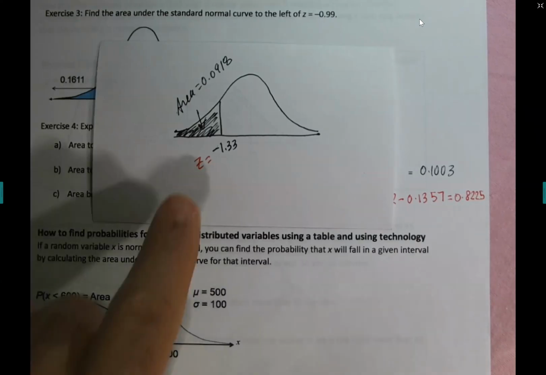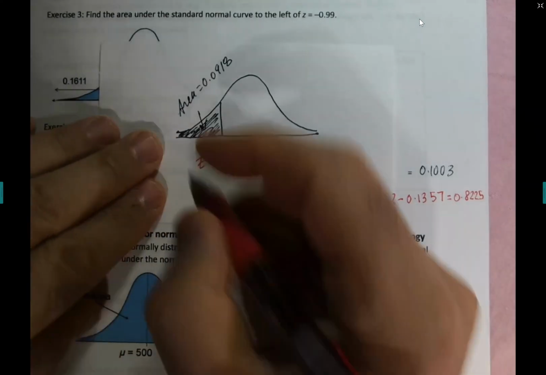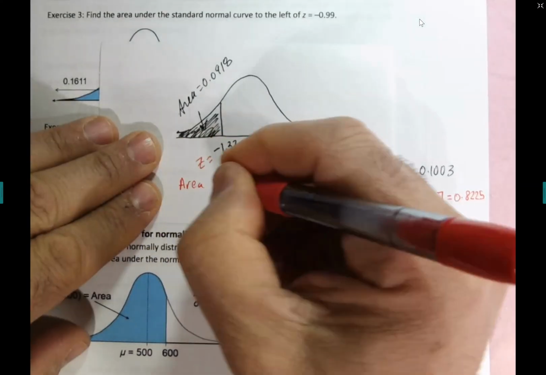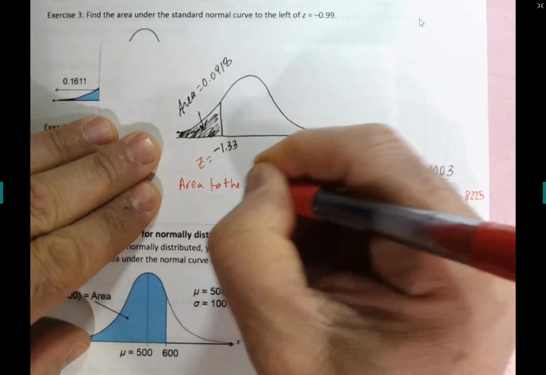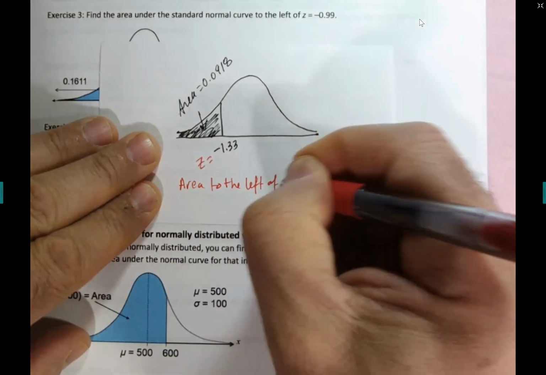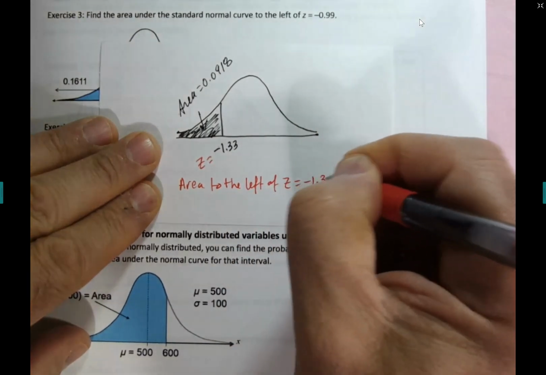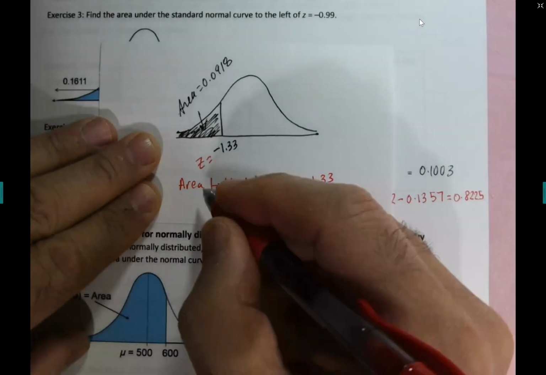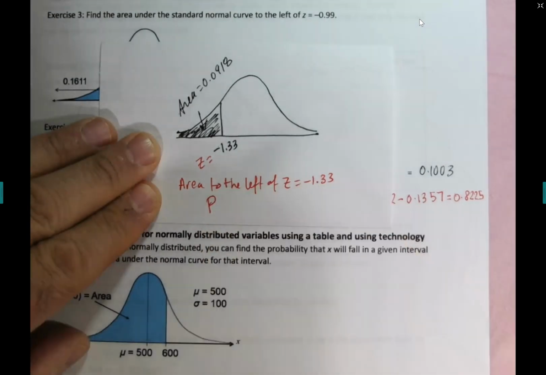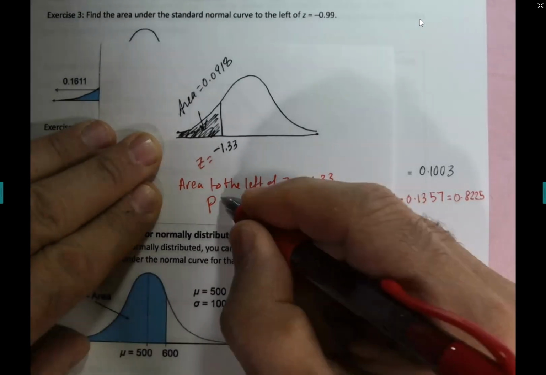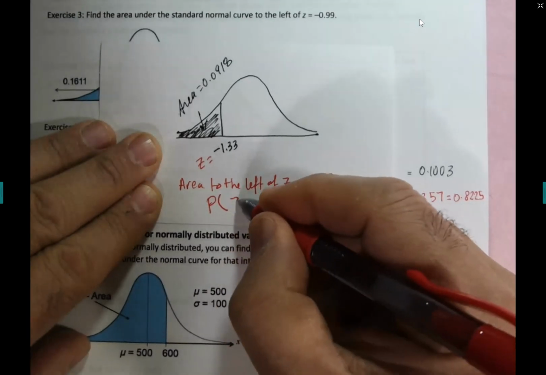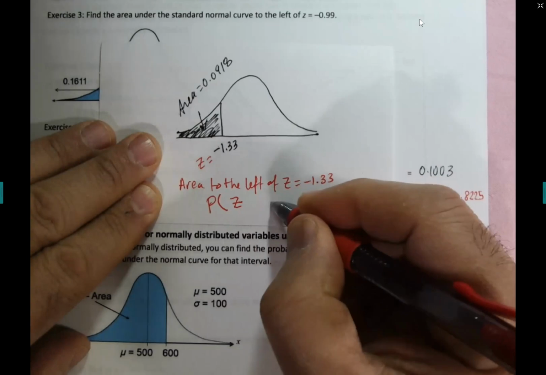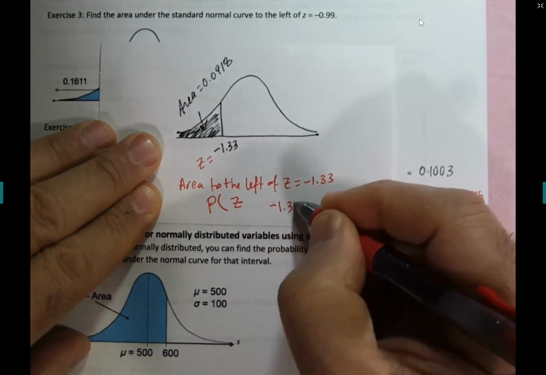So if I want to write area to the left of Z equals negative 1.33 in another way, using probability symbols, look how I write it down, guys. You put probability P, you open parentheses, you put Z, and you put a negative 1.33 here,